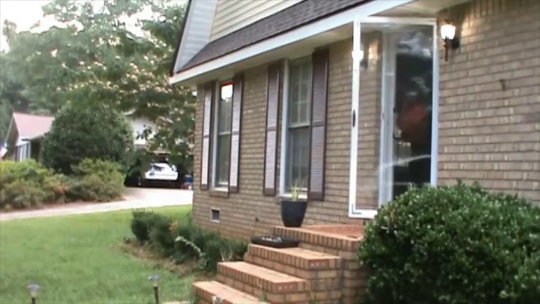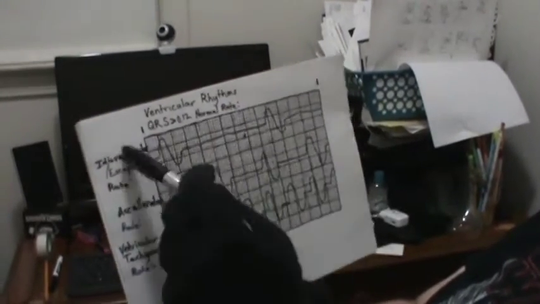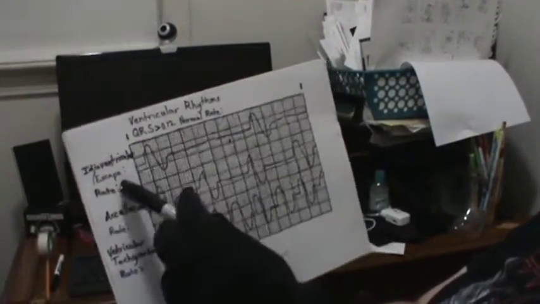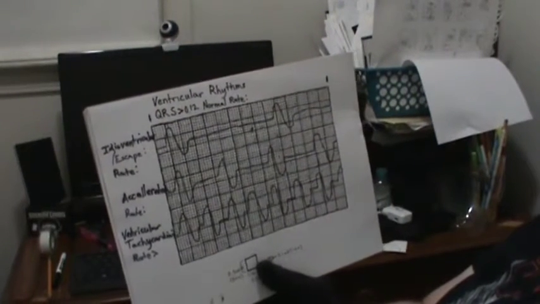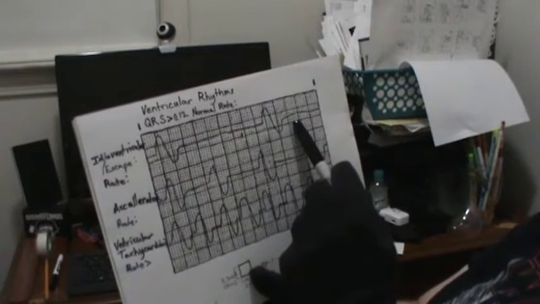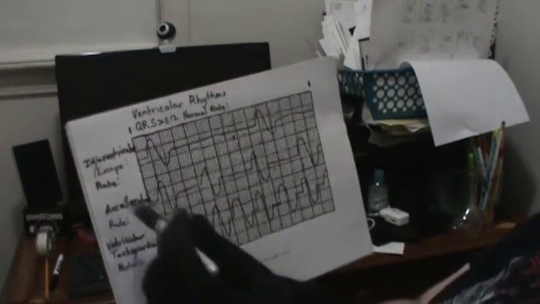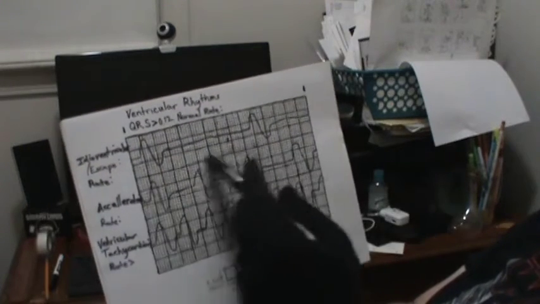As I mentioned in the last episode, you can calculate the rate of a rhythm by counting the number of boxes between each QRS complex. Now, if you are in a hurry and don't have time to sit and count individual boxes, one thing to keep in mind is that these hash marks are 3 seconds apart. If you have 2 of these and print out a 6-second strip of paper, all you have to do is count the number of beats you see and multiply by 10. On a 3-second strip, you multiply by 20. So, in this particular case, we have 2 beats on a 3-second strip, multiply that by 20, and we get